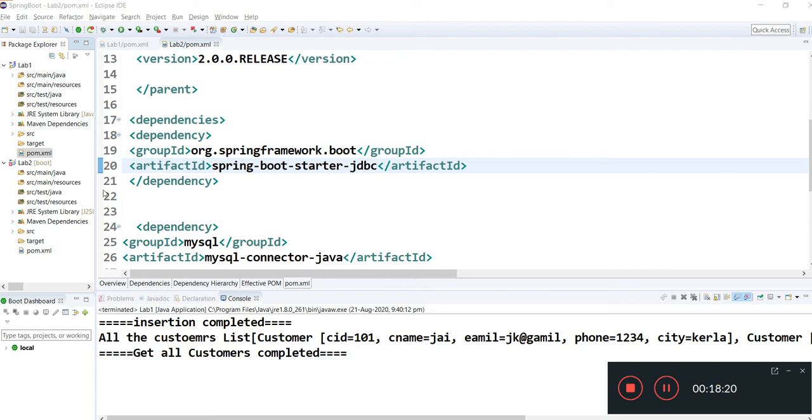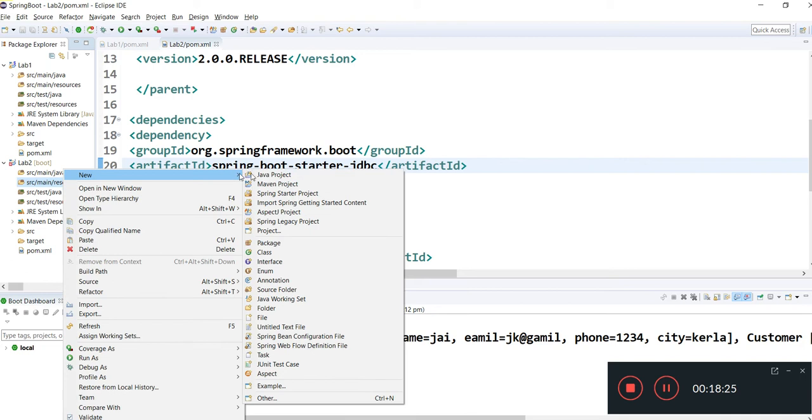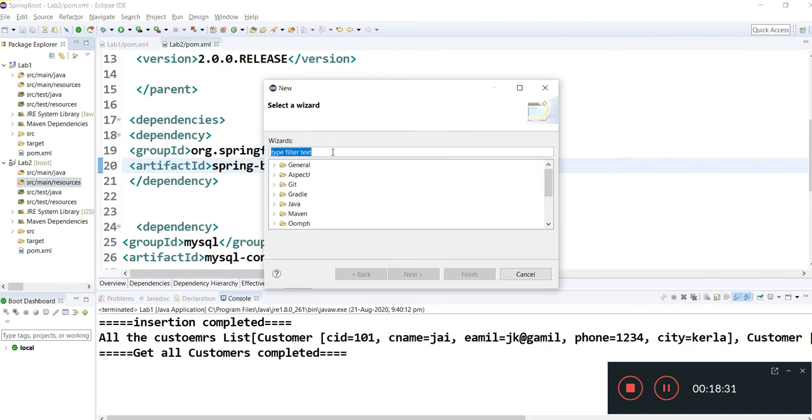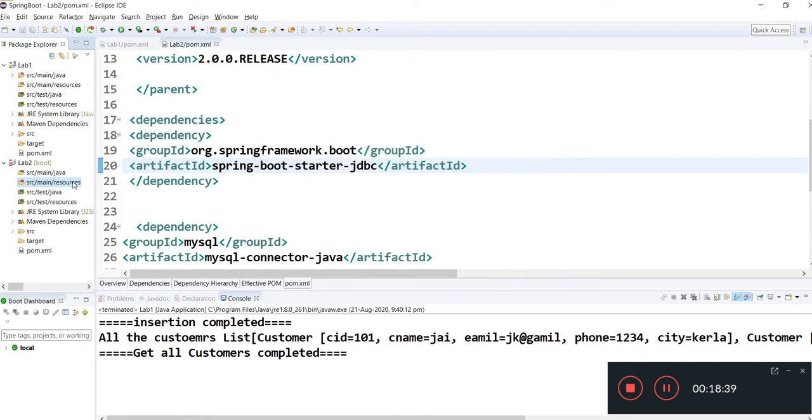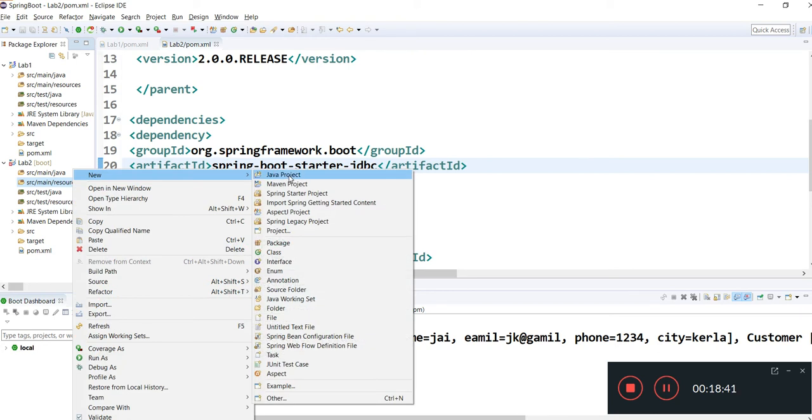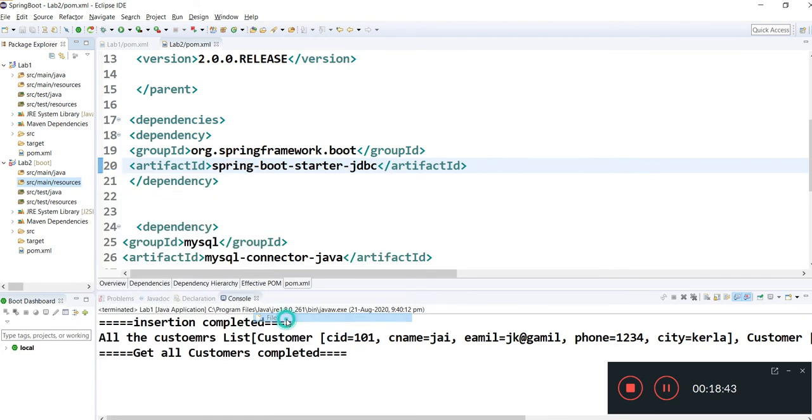So we will be creating a properties file inside your resources. This is a new file.